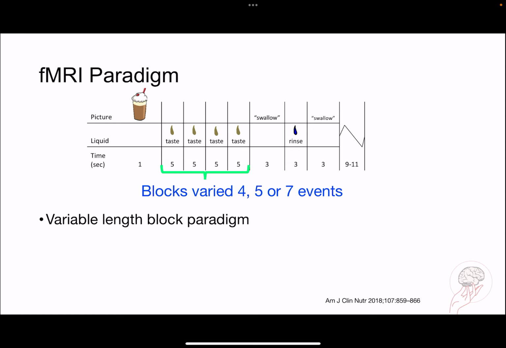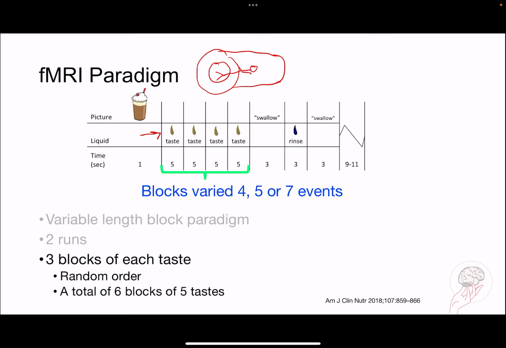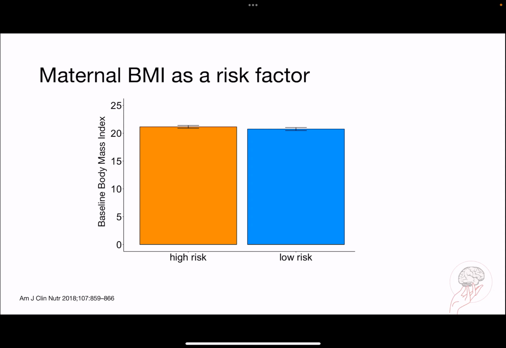So, when I was a postdoc, we did an fMRI. Well, actually, my postdoc mentor did an fMRI paradigm where a person was sitting in a big MRI machine. They look like this kind of, and you lay in them. And in the MRI, we fed people tastes of a chocolate milkshake. You don't really need to know any of these parts.